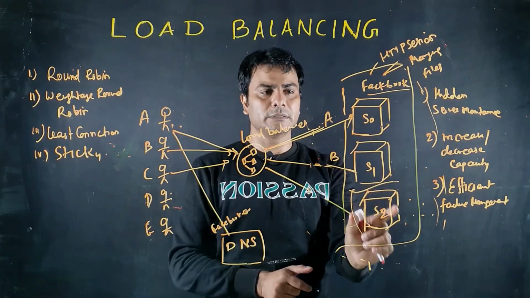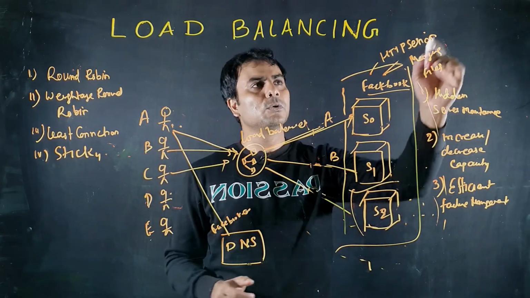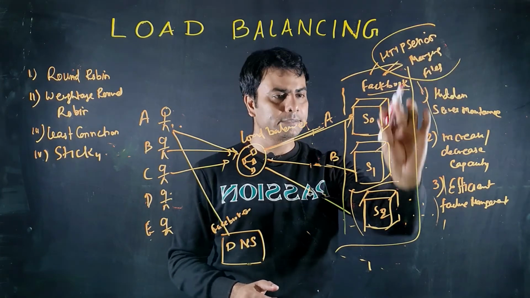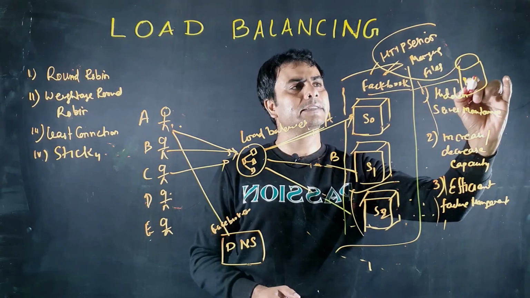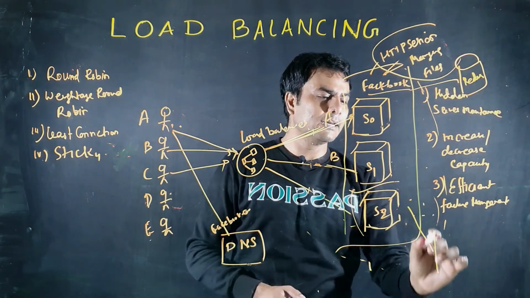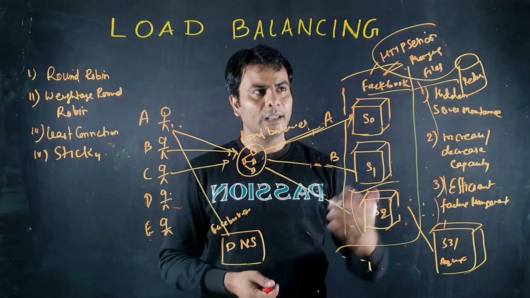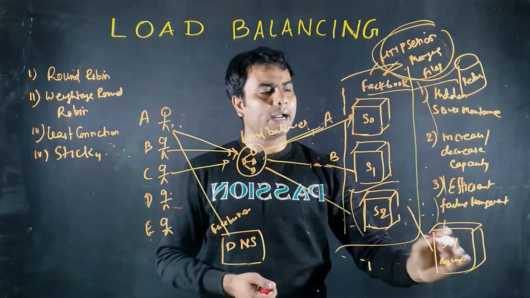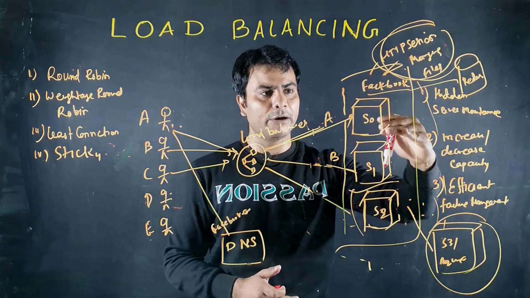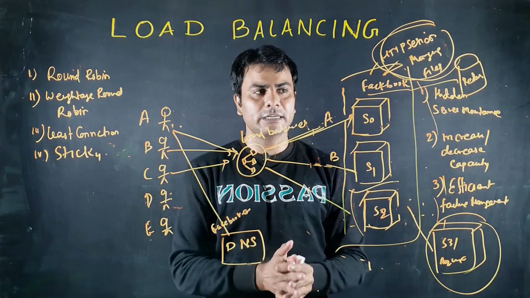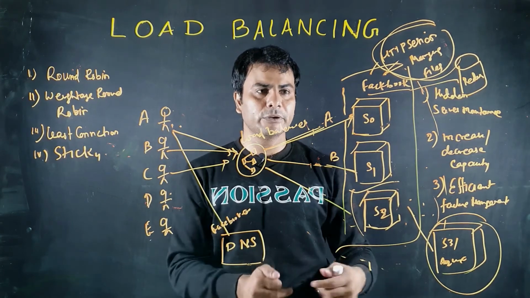But if these are web servers, we know that the web server is the first point of contact for the users. So we should not store all this information on this server. We can store session data on some cache server like Redis, and we can store other file related data on a file storage system like S3 or Azure Blob. I have made a detailed video about how to manage the files and the session data so that we can scale our application horizontally. If you are interested, you can watch. I'll give that link in the I button, and also in the description. So if you are interested, please go through that.